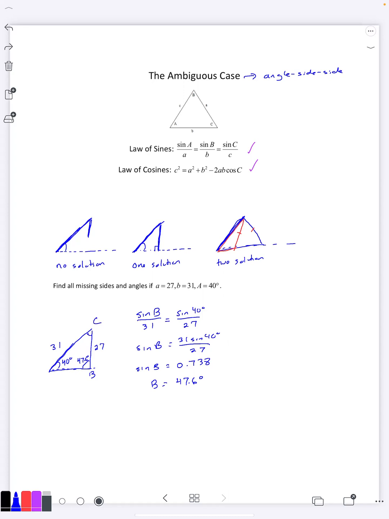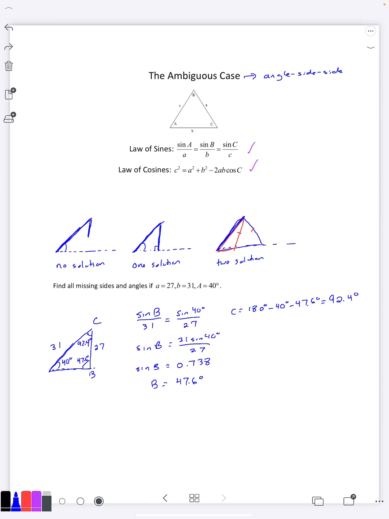We can do that by doing 180, because it's a triangle, minus 40 degrees minus 47.6 degrees. And we get 92.4 degrees. That's our angle C. And then we can go ahead and